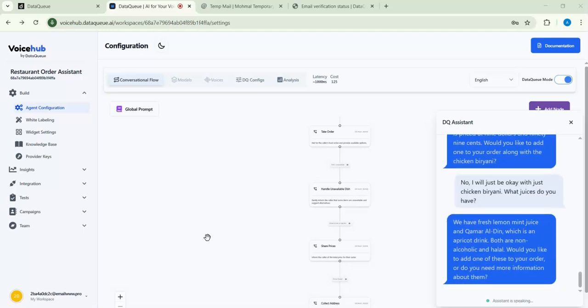We have fresh lemon mint juice and Kamar al-Din, which is an apricot drink. Both are non-alcoholic and halal. Would you like to add one of these to your order, or do you need more